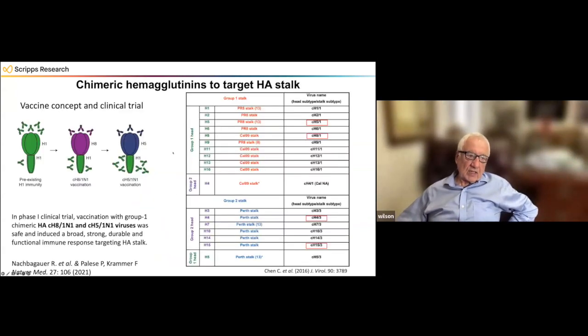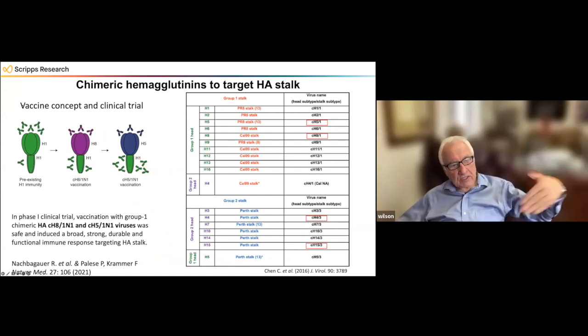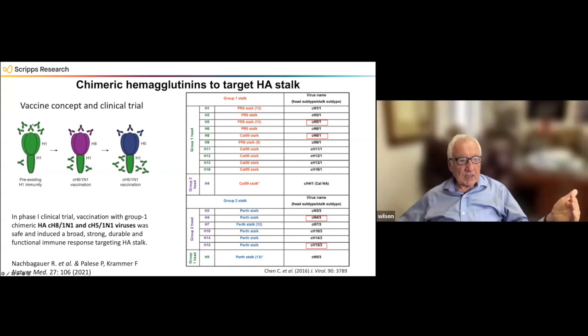And if you think that we've got pre-existing immunity, we've got some to the head that will vary from season to season, from virus to virus, but we'll have some, albeit a lot less of a response, against the stem. Can we boost this response by putting a different head on there and then changing the head and boosting again, and basically ending up with those types of antibodies at a much higher concentration against the stem? And in fact, that appears to be what is happening. And so they've done this for both these group 1 influenza A viruses and group 2.